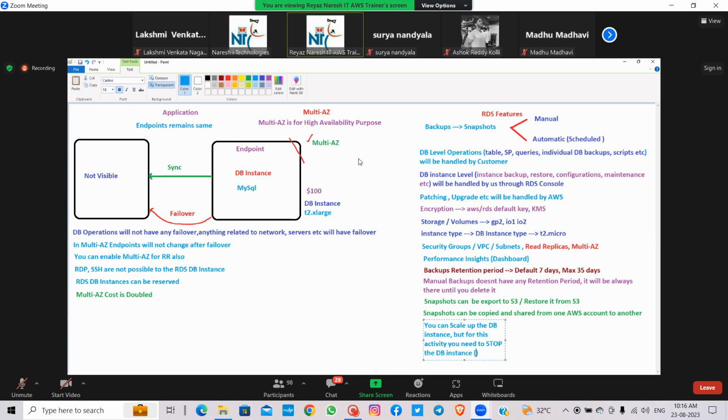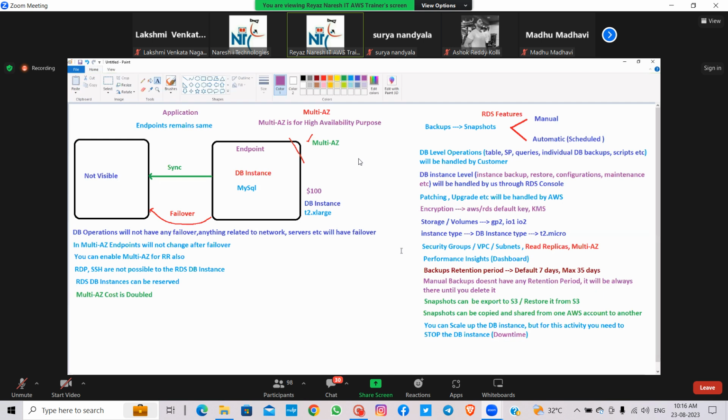So downtime is required because you are stopping the instance.